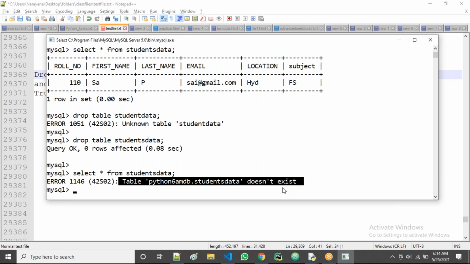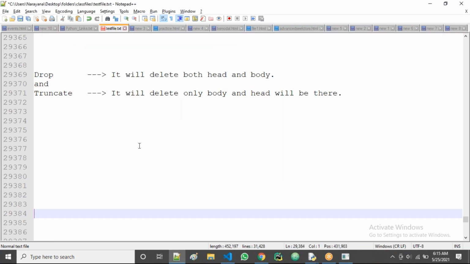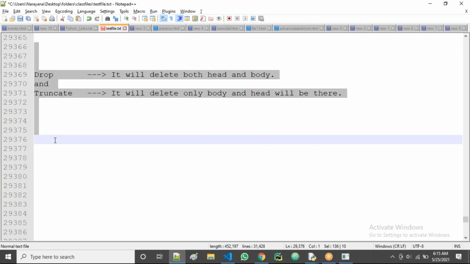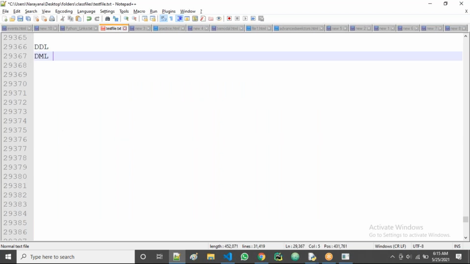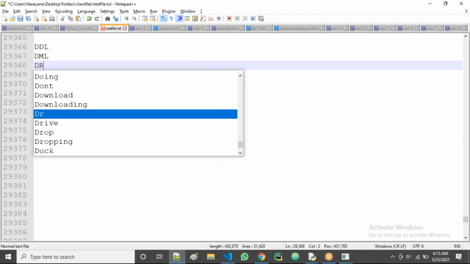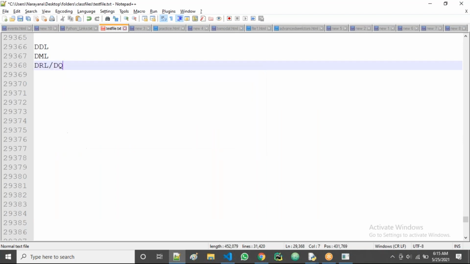Okay, right. So these are some of the commands in the sub languages, guys. First one, DDL sub language; next, DML sub language; and DRL, also called DQL.